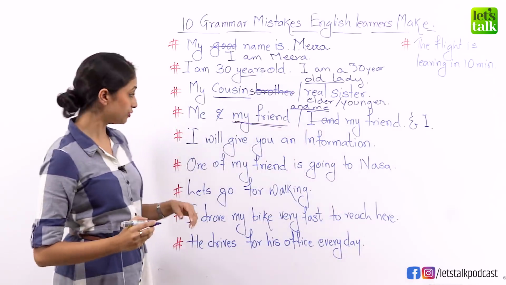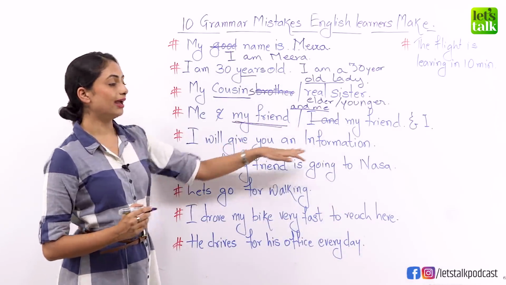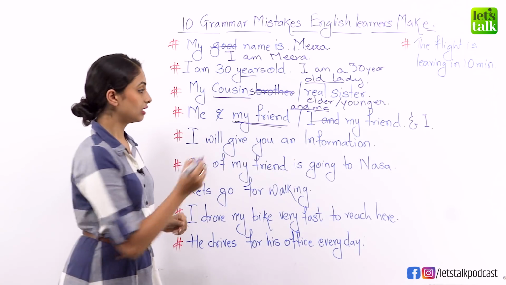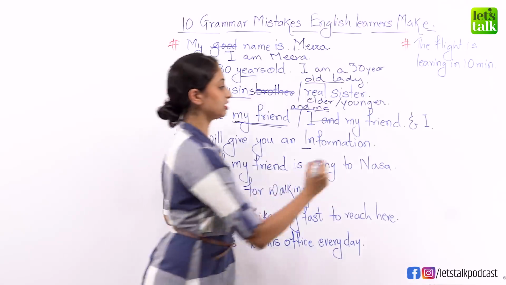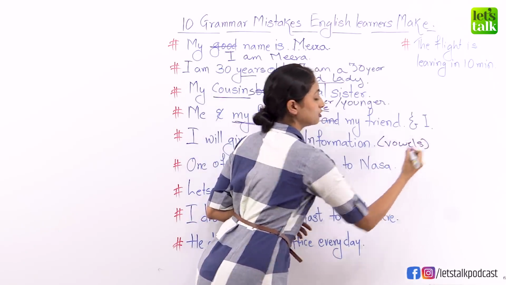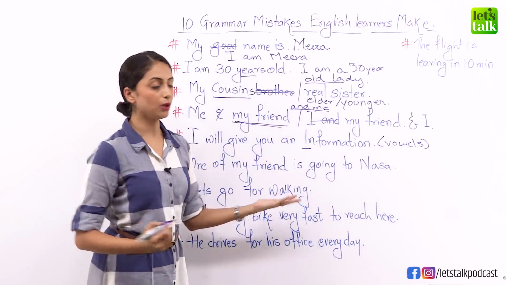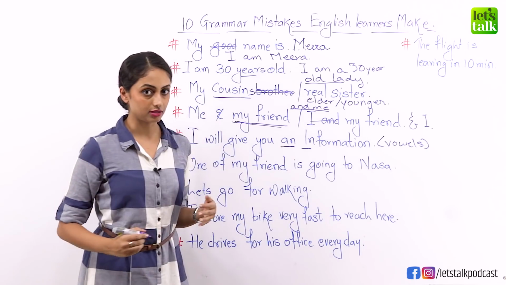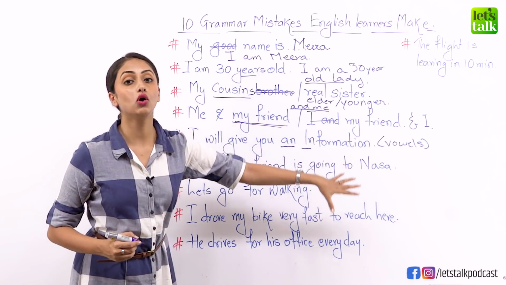That is how you would use it. Moving on, guys. I will give you information. Information starts with the letter I. It obviously comes in the vowels. So you would think, obviously, there's a vowel there, I will put an as an article. But hey, information belongs to